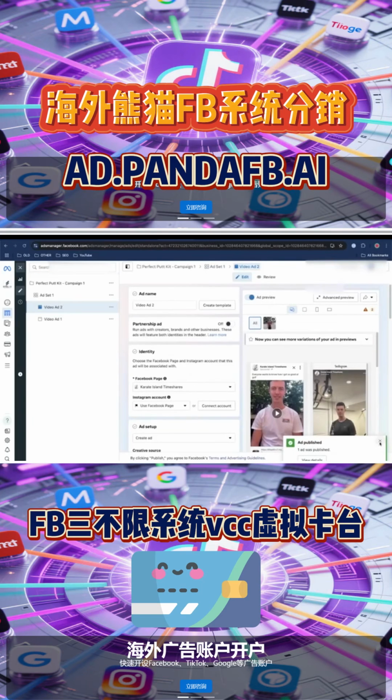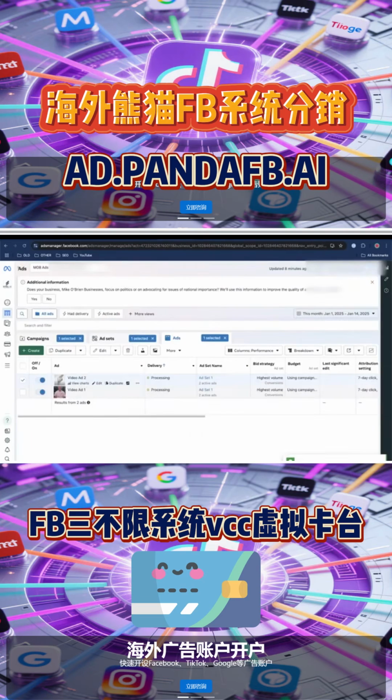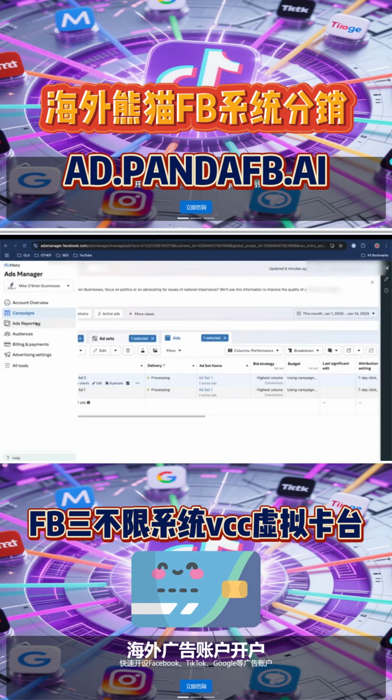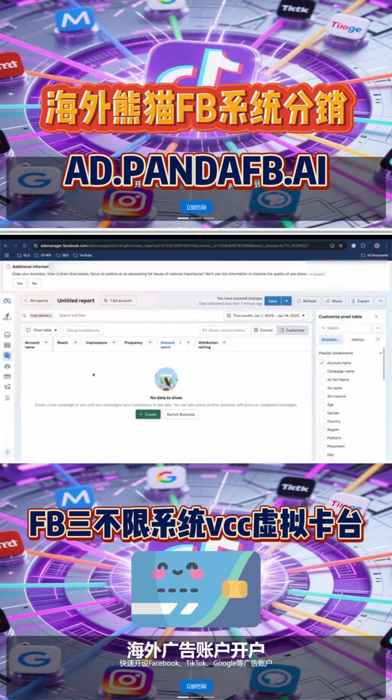And once you're done, we could just click the little X on the top left and you'll come back to the dashboard. If we have these both running, right now they're both processing, so they're not actually delivering just yet, but you will eventually see. So let's go back to ads reporting on the left side, and you'll see some metrics about the different ads that we are running. You'll see the reach for each of them, which is going to be